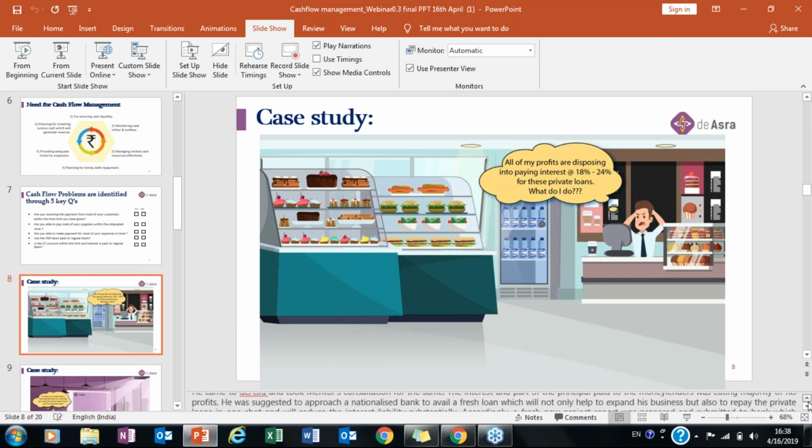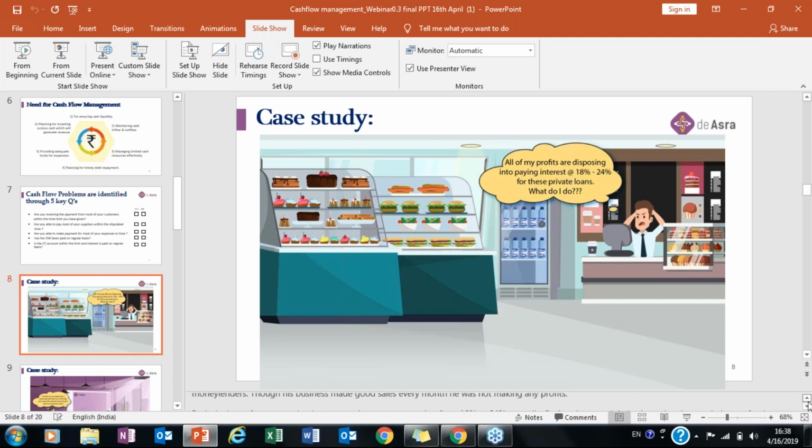So this is a story where a guy doing a snack center business had taken loans from two money lenders at a very high rate of interest, and all the profit that he was incurring was going into paying the interest on these high interest rate loans. As he came along with us, we studied his business activity, we did the cash flow management, and we understood that all the income that he's earning is going into paying the money lenders' interest